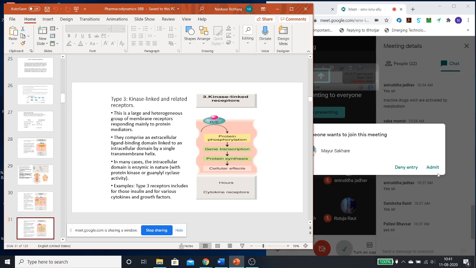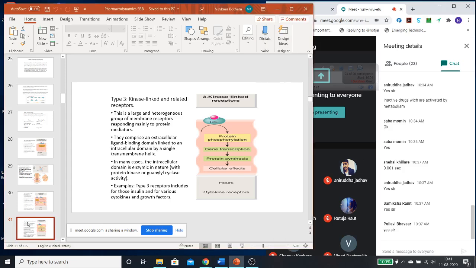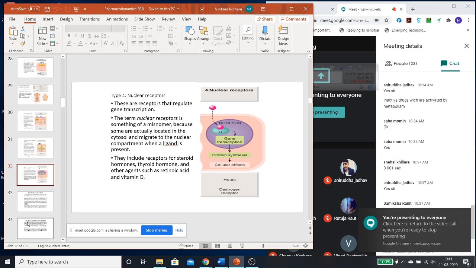So you can understand that therefore it is taking time, we have seen protein type of receptor or peptide type of receptor. Insulin is a peptide. So peptide type of receptor may take days or years to show the action, because when it will cause gene transcription and protein synthesis and then cellular effect, that much time it will be taking. Okay. So this is how various receptors are there. Lastly, nuclear receptors.